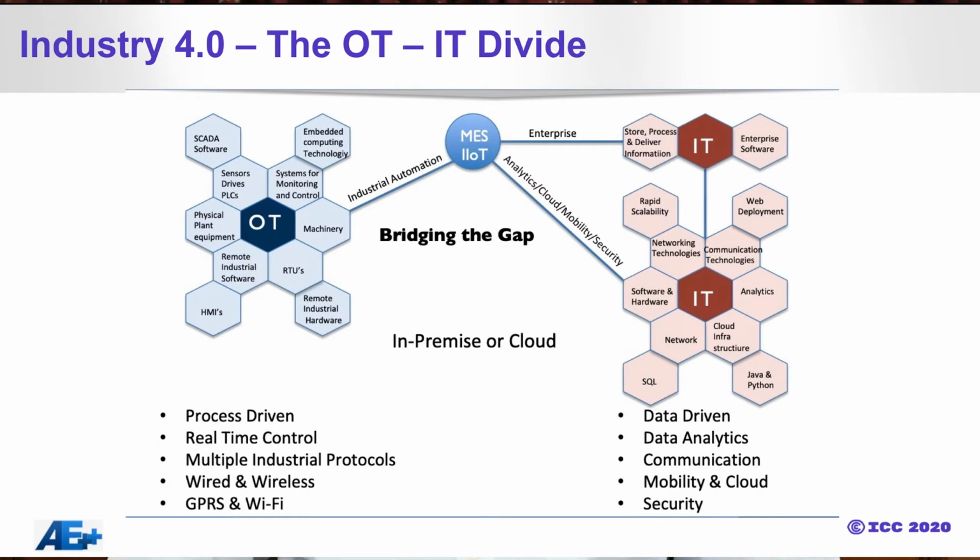The idea of bringing IT into industrial automation would be possible only if both can integrate, because on the OT side it was highly process driven, it was real time control, there were multiple industrial protocols. If you go into a factory, you will find many of the systems have proprietary protocols, proprietary hardware, and the communication is proprietary. Of course, in later days, they went into OPC, etc., open protocols, and then they started communicating. But in the olden days, it used to be very proprietary in nature.